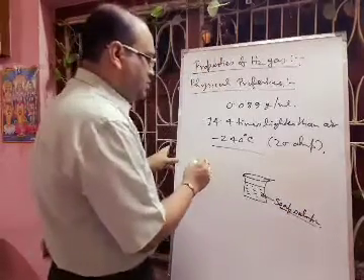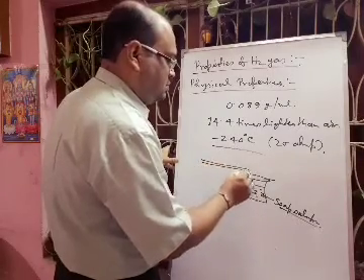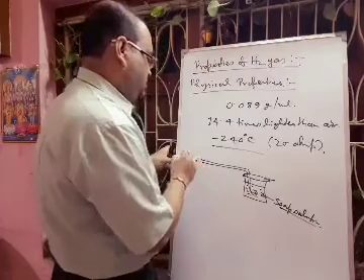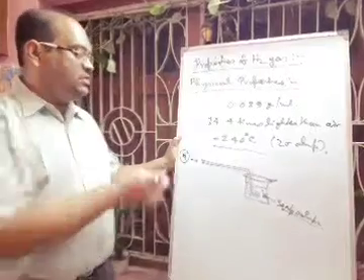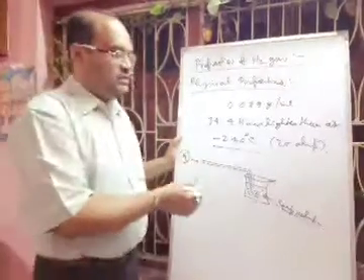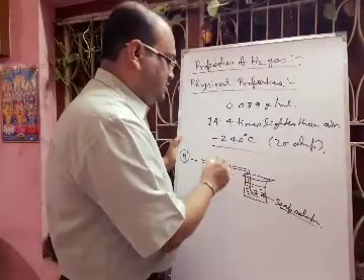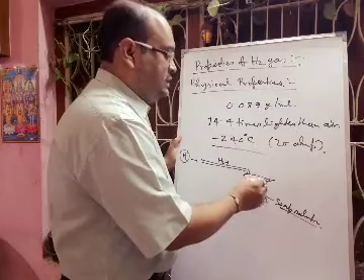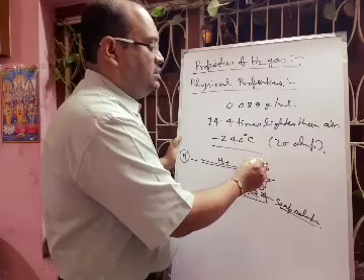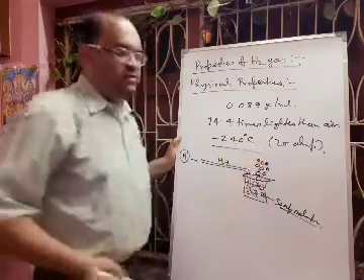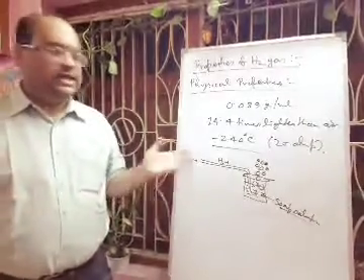Now in the soap solution you are passing hydrogen gas. How to prepare hydrogen gas? You have to take zinc granules and add dilute sulfuric acid, and definitely it will produce hydrogen gas, which you have to pass. Then the soap solution will form bubbles. When you pass this hydrogen gas, it will form bubbles, and inside the bubbles there will be hydrogen gas, so the bubbles will spontaneously go upward. From here you can easily understand that hydrogen gas is a very light gas.